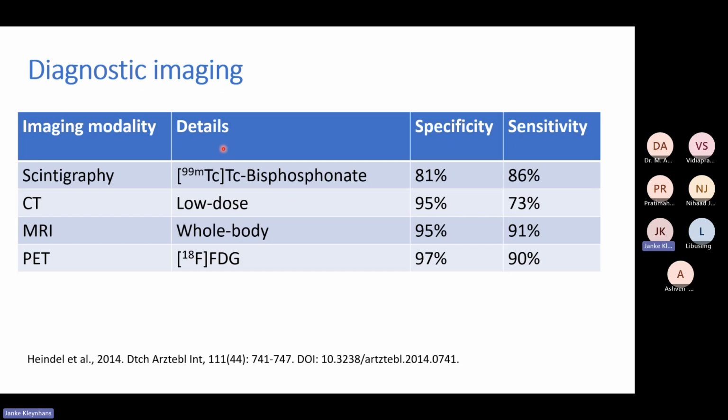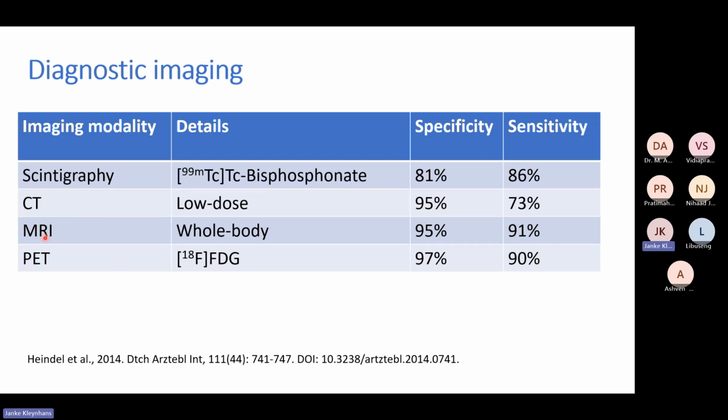So that's where I come to diagnostic imaging. You have different specificity and sensitivities, and I think you should know this. So scintigraphy, you have maybe less specificity and sensitivity, but it's really useful, it's cheap, it's readily available, and you can use it and do a lot of patients. So there's a high patient throughput. For most of the time, this is adequate,